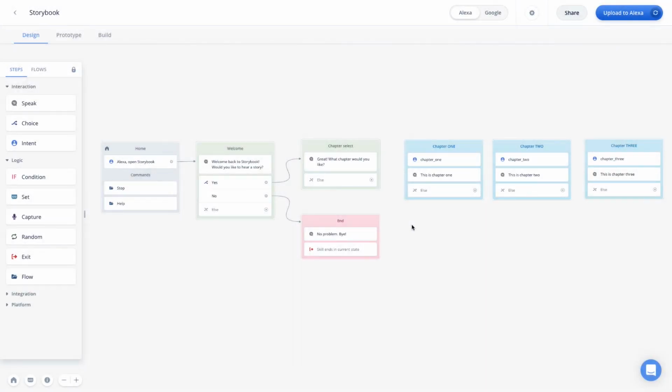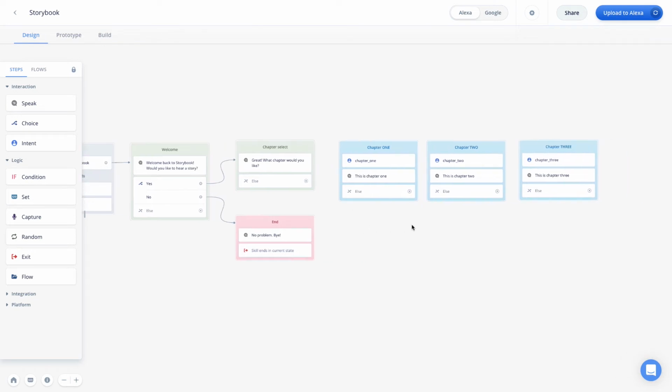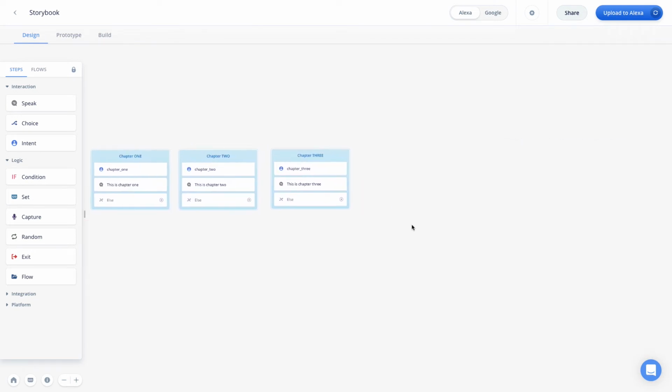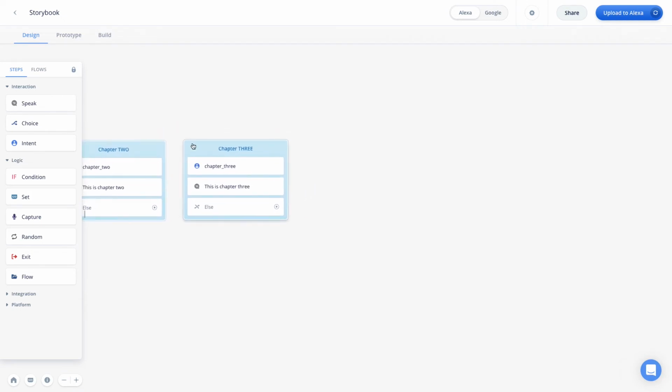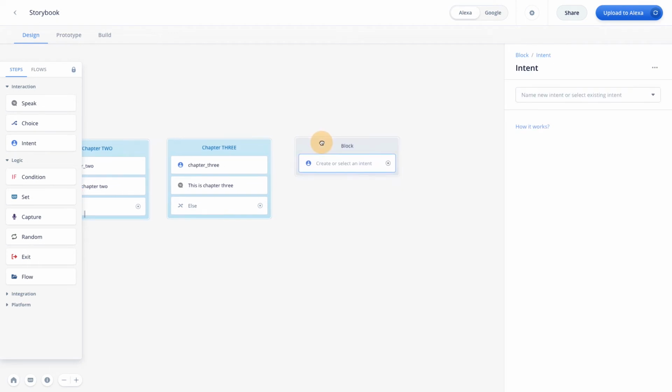So now let's go ahead and learn how we can actually create an intent and then go ahead and use the intent step to be able to jump to a different part of our conversation. So I'm going to go over to the end here, and we're going to create a chapter 4 for our fictitious storybook. So what I'm going to do is pull out the intent block, drop this onto our canvas, and